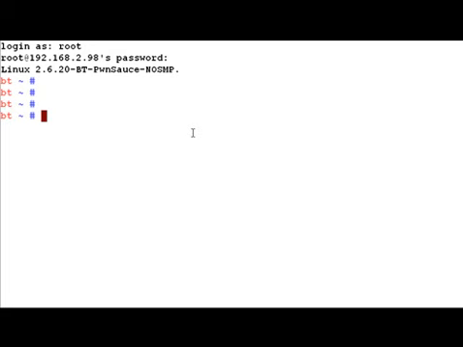Now in the case of network reconnaissance, this is very important because before launching some sort of vulnerability assessment on a target, we need to know as much as we can about the target. And using a tool like Nmap, it is possible for us to enumerate various things about the target.